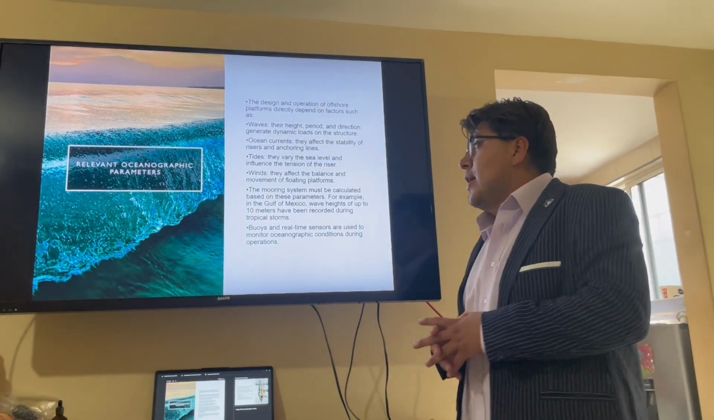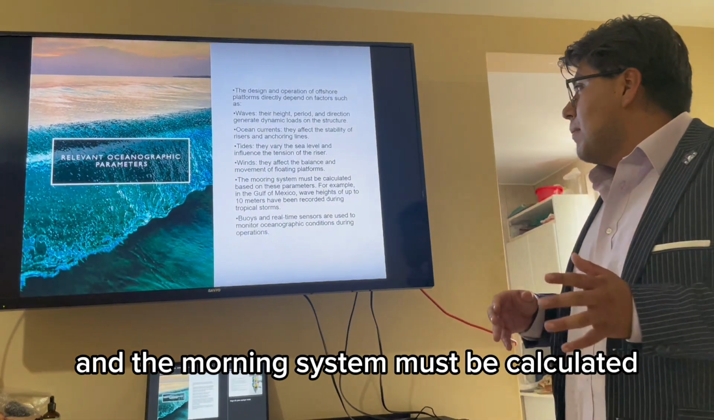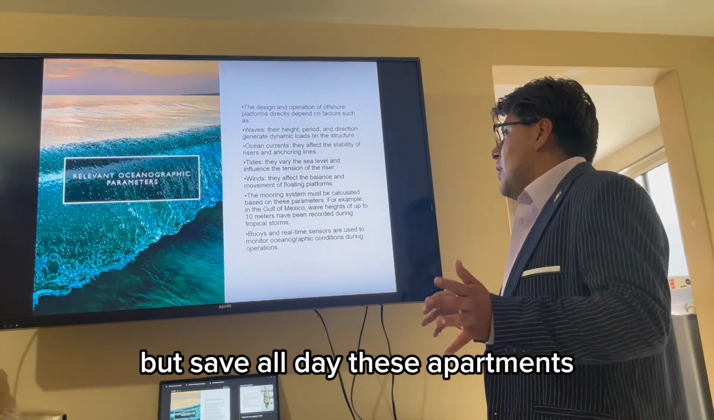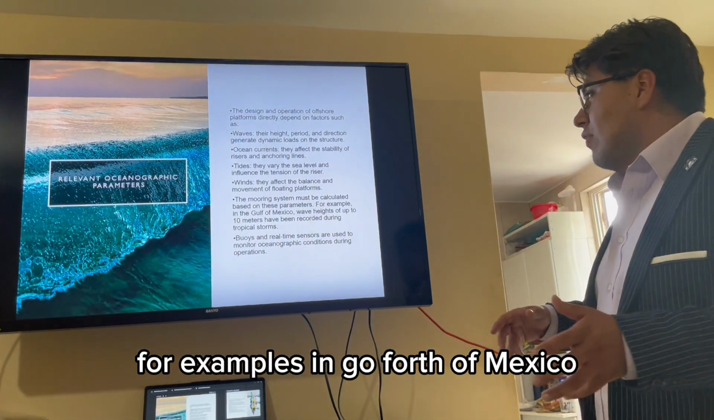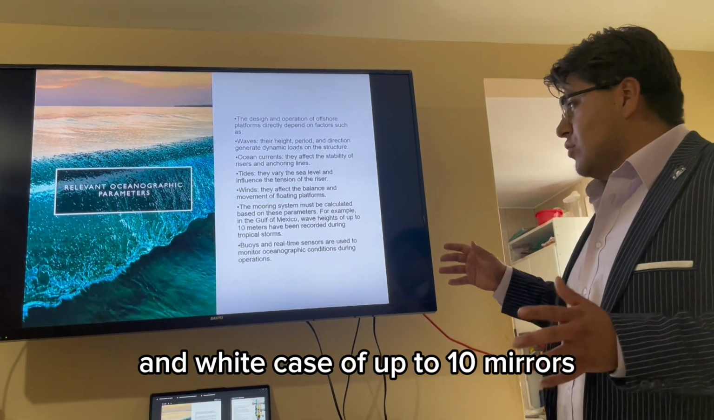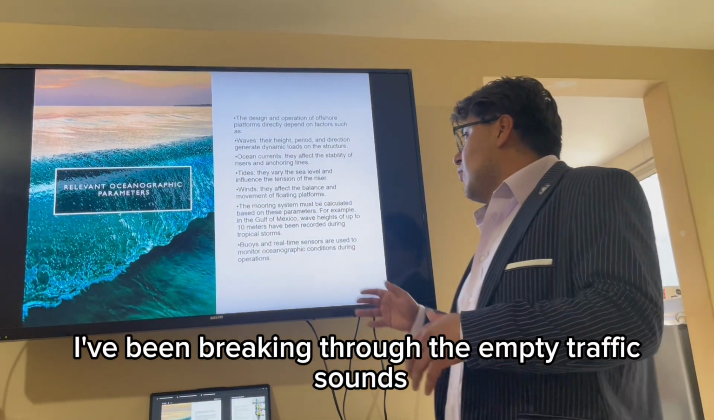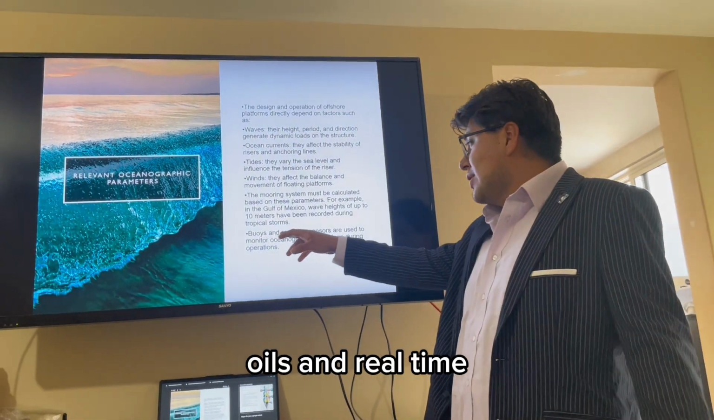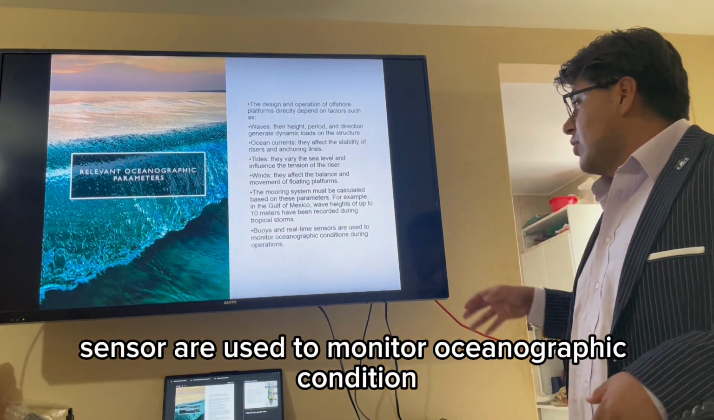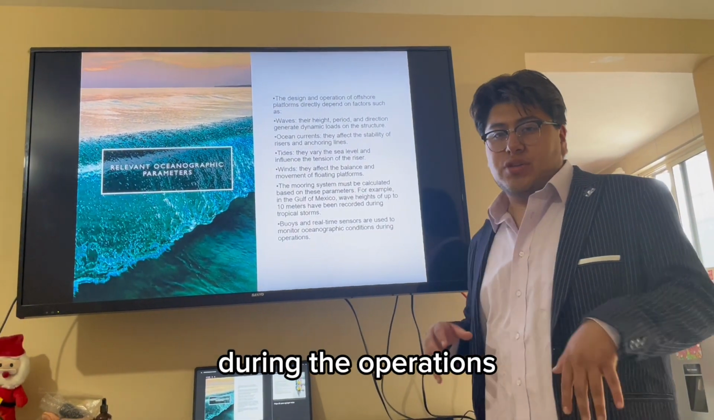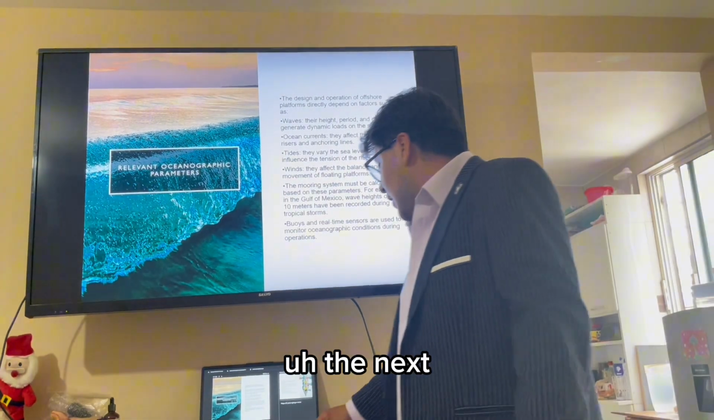platforms. The mooring system must be calculated based on these parameters. For example, in the Gulf of Mexico, wave heights of up to 10 meters have been recorded during tropical storms. Buoys and real-time sensors are used to monitor oceanographic conditions during operations. The next,